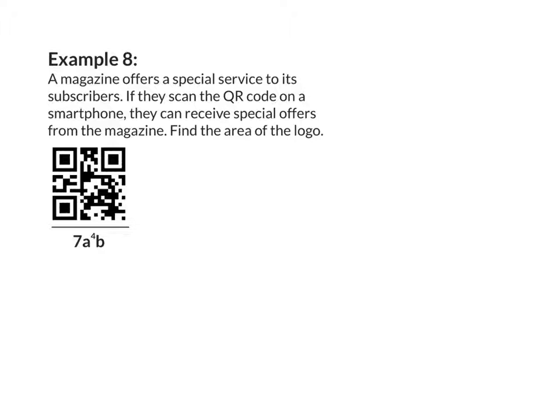Example 8. A magazine offers a special service to its subscribers. If they scan the QR code on a smartphone, they can receive special offers from the magazine. Find the area of the logo. Since the logo is a square, we know that in order to find the area, all we have to do is take one side and square it. So we know that the side is 7a to the 4th power times b, and we're going to square the